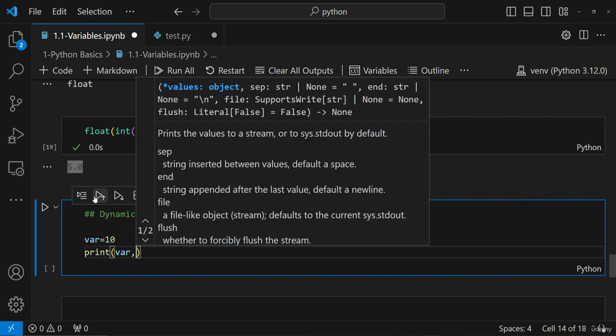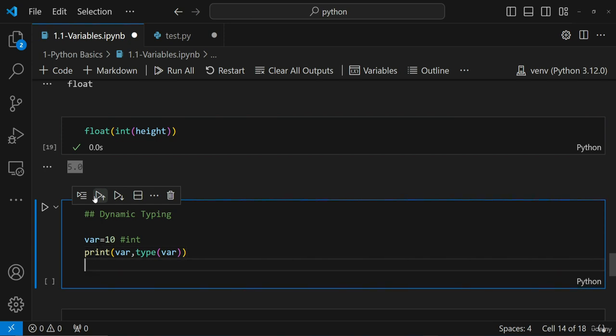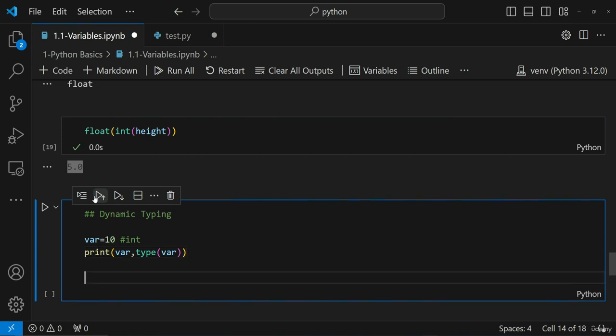I'm going to print this var, and I'm also going to print type of var. Perfect. So this initially is an integer. Then obviously it should display 10, and it should say that, hey, it is an integer. Now,